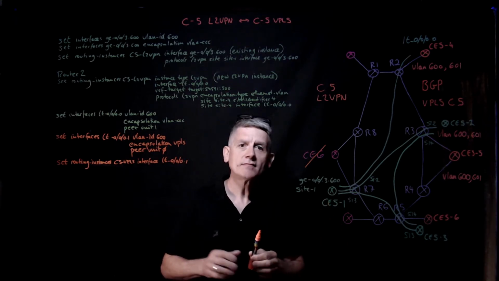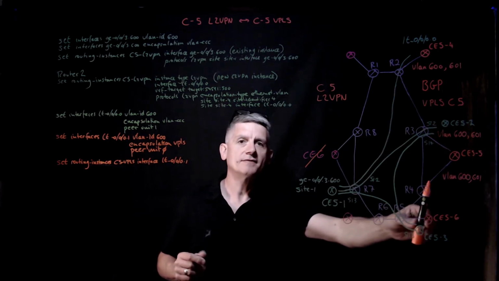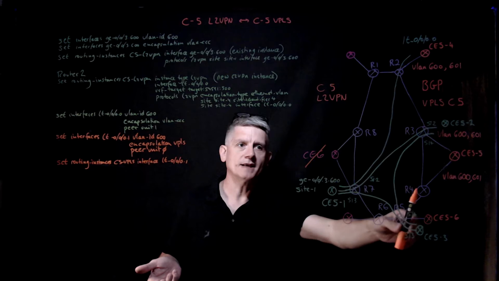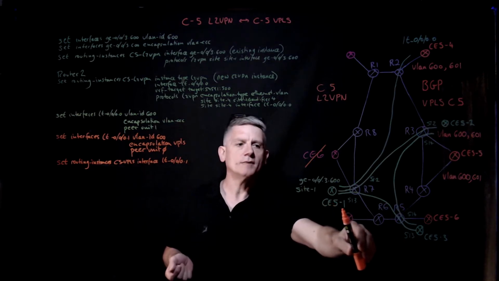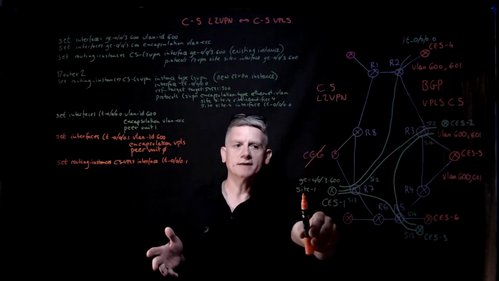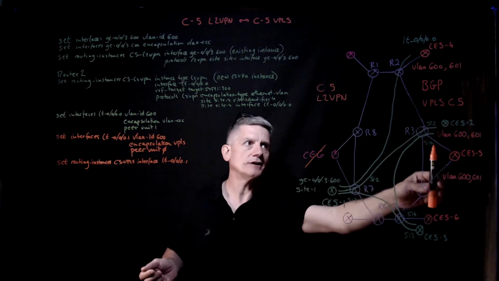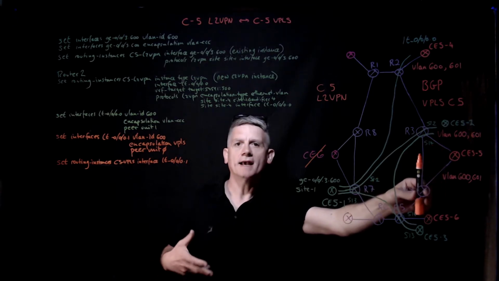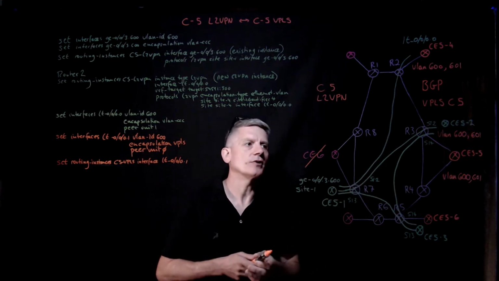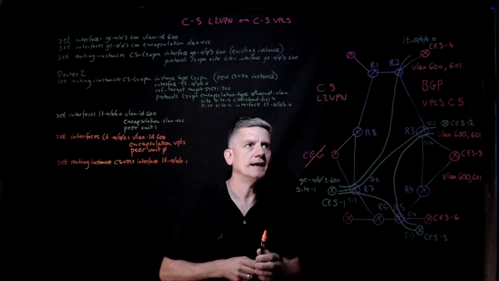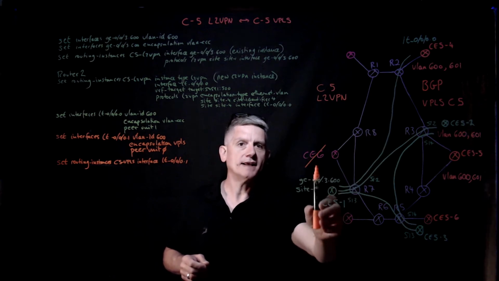VPN. So that means that on the right hand side in the orange we have customer 5 BGP signal VPLS, and on the left hand side of the board in green we have customer 5 layer 2 VPN. So this is layer 2 VPN, this is being a hub, and this is VPLS over in the orange, and this is being a learning bridge, or each PE is being a learning bridge. And the idea here is that customer 5 would like us to stitch together on router 2 the layer 2